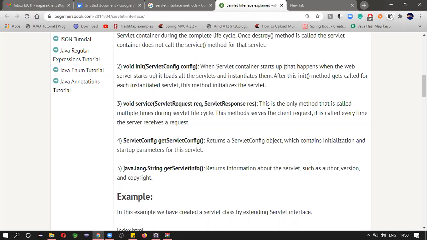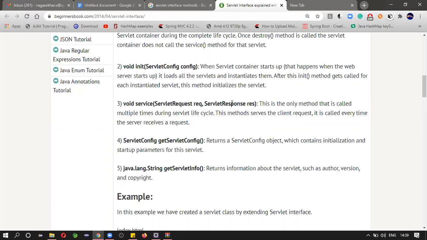Why do we have these two arguments in the service method? In order to do some service, we may expect some data from the user, right? Obviously, we may expect some data. In order to do registration, we will expect the user information from the user end, right? Whether it can be a form or something else, that data will be available in the request. In this object, the data will be available. By using this request object, you will get all the parameters which are passed by the client.